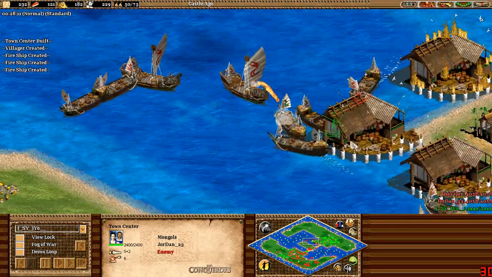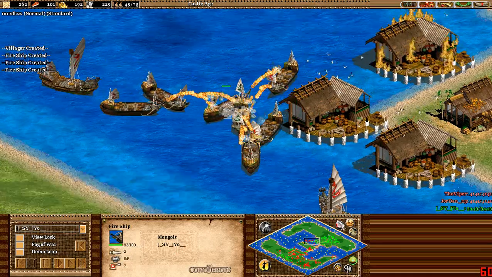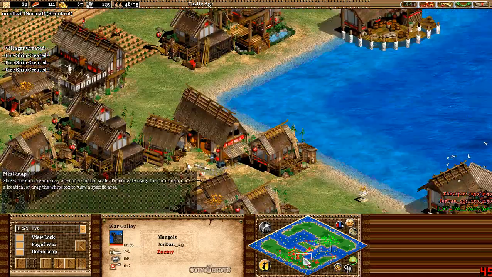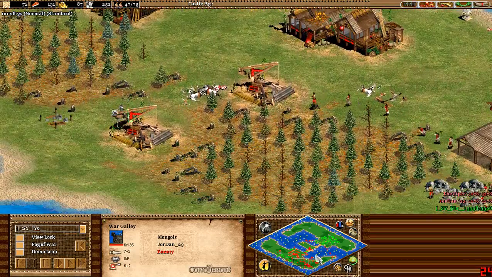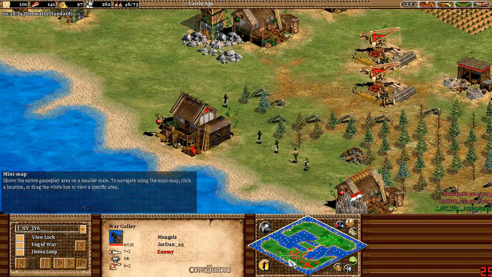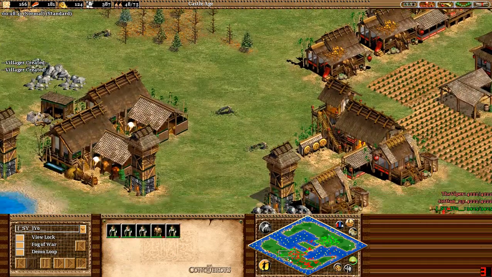And here's some... Coming out with some fire ships. And both players with quite a few fire ships. And it does look like Jordan's has the advantage here. And wow, these town centers are going to make it hard unless there's a lot of knights. And there's those same 5 villagers. I mean, they built stuff, but